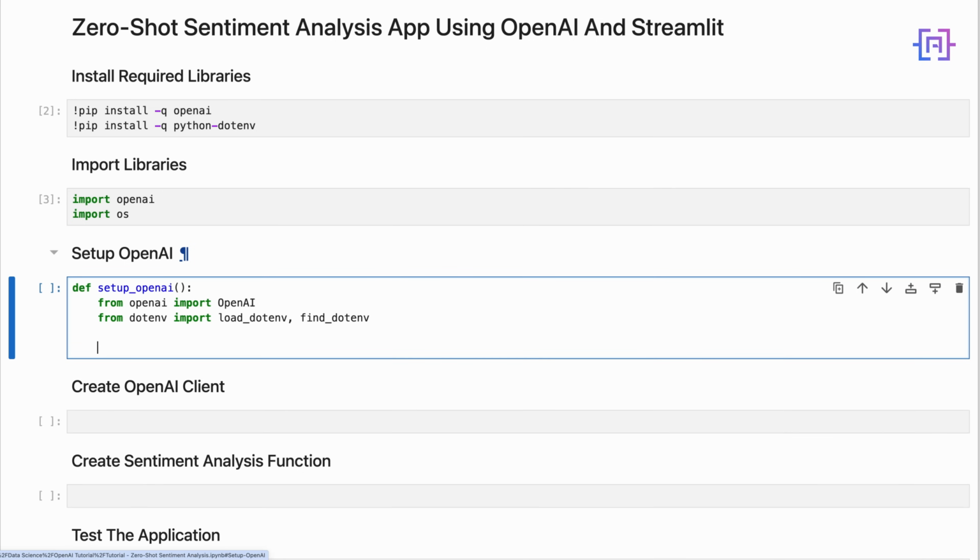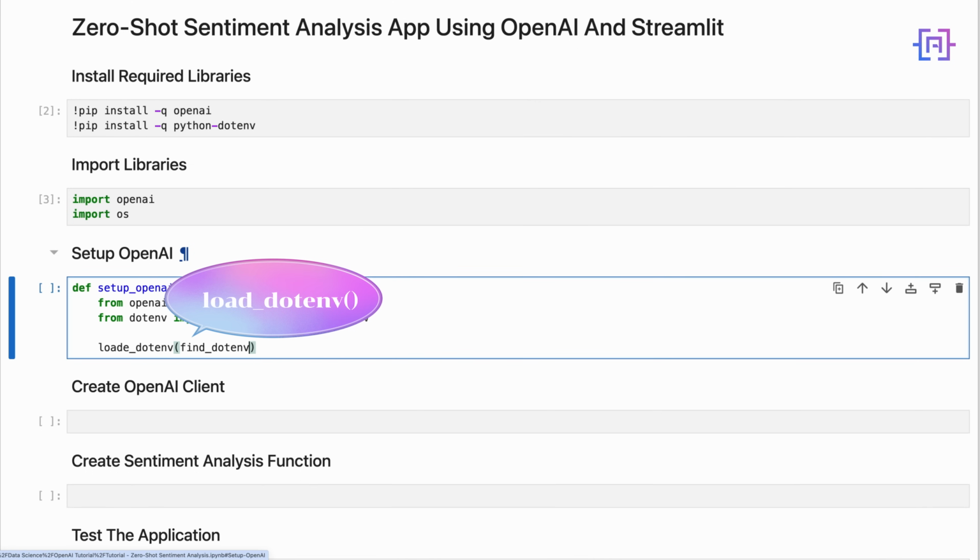Next we will say load_dotenv(find_dotenv(),